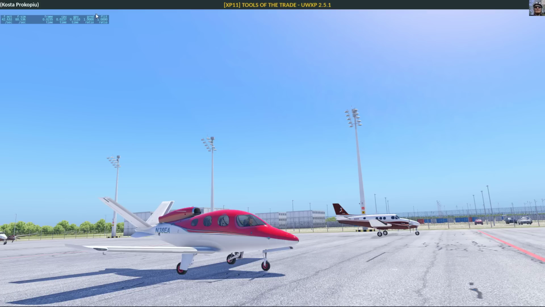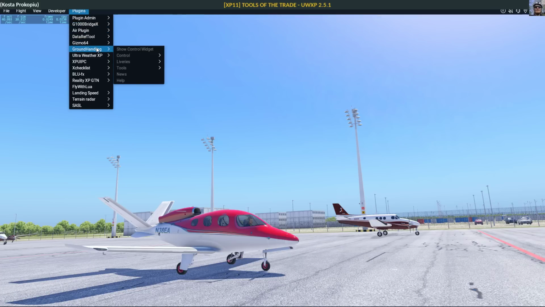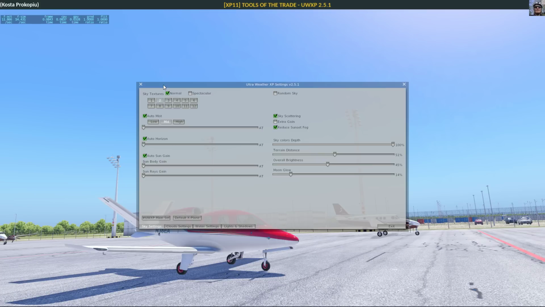So let's first look at the configuration for Ultra Weather. If you go to settings here, it's similar to the old version. So if you haven't had Ultra Weather so far, it doesn't look completely different, but it looks actually different enough,